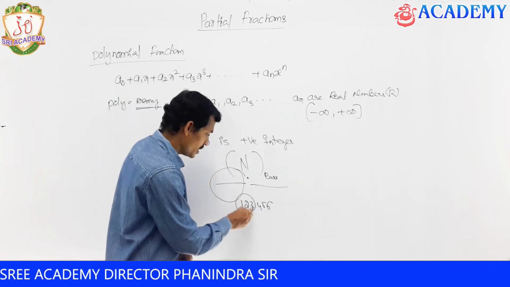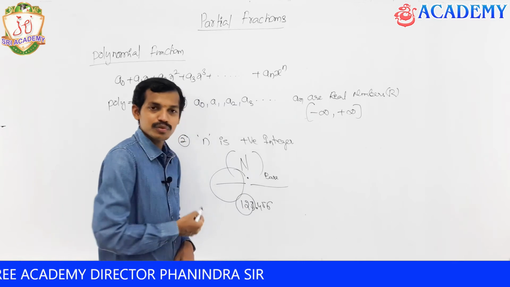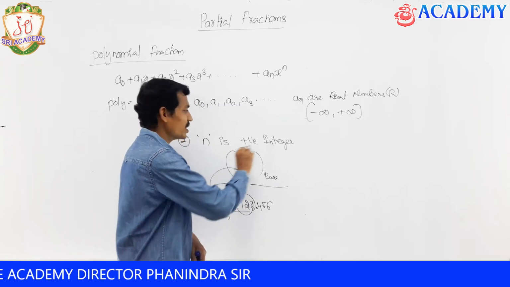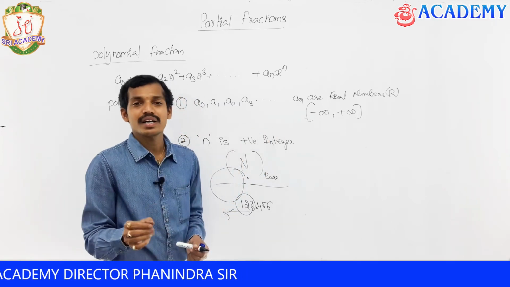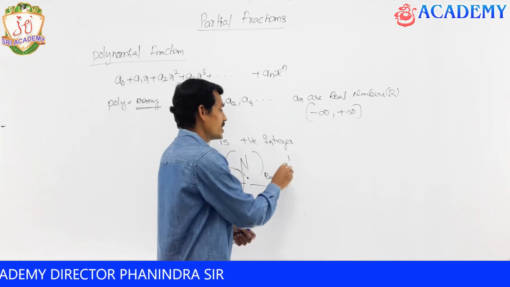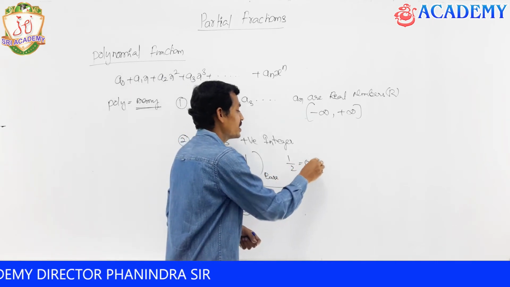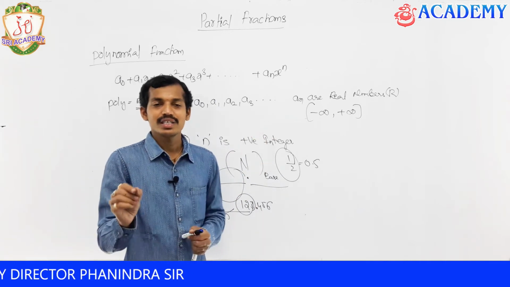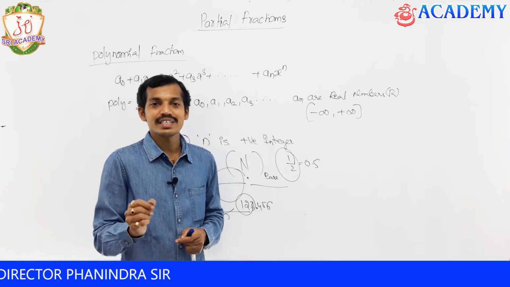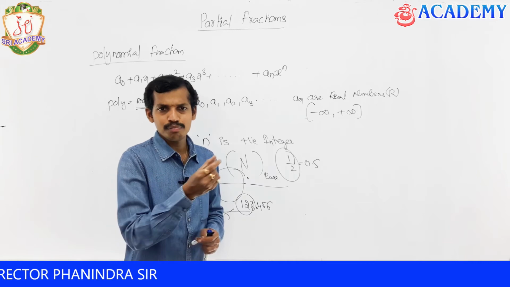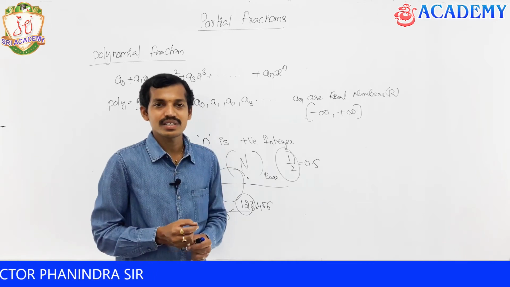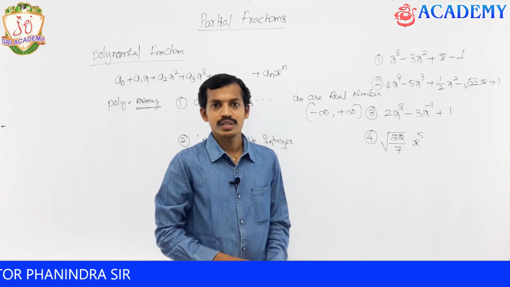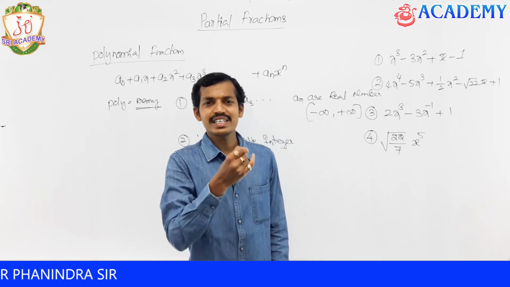This is going to be integer. The number before the base point is called the integer. Integer is only one in the number, and a fractional part is, for example, 1 by 2. 1 by 2 is nothing but what? 0.5. Like that numbers we won't get as powers. Always the power is going to be a positive integer. We will see examples for these polynomial functions. Yeah, see in these examples.